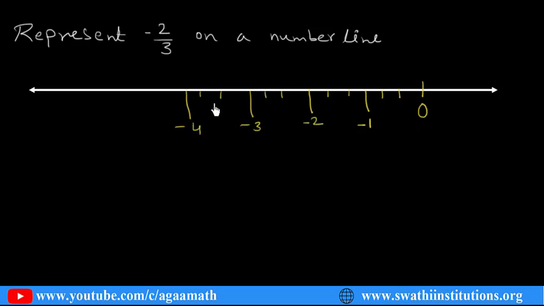Here we have to use a ruler to maintain equal distance. As an example, just representing a number line here, you have to use a ruler, okay, equal distance in between the given points. Minus 2 by 3 means minus 1 by 3, minus 2 by 3, minus 3 by 3 is nothing but minus 1,